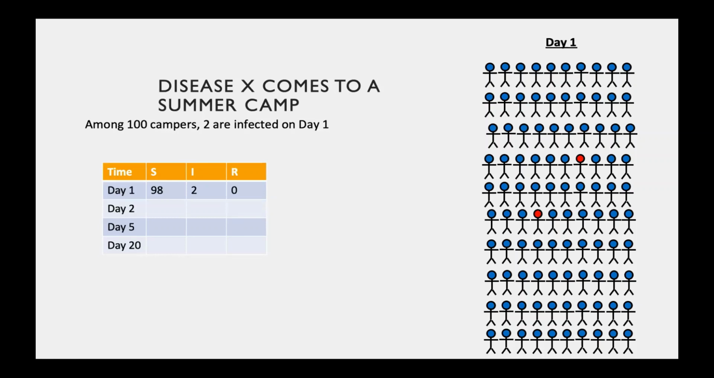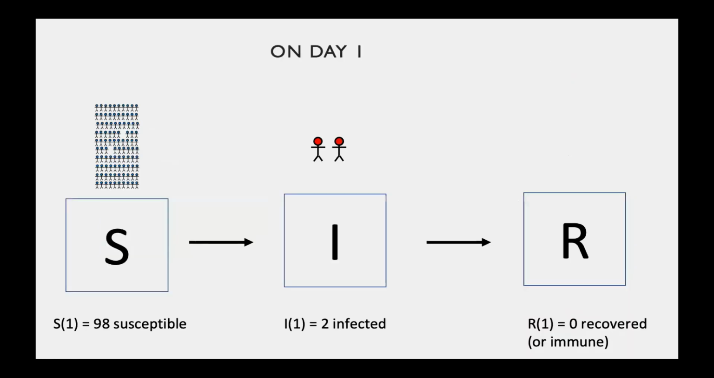And you can see this population of 100 campers on the right with 2 little red infected people. And another way to show this, again, is that you have 98 people in the susceptible compartment, 2 people in the infected compartment, and 0 people in the recovered compartment. And you can only go